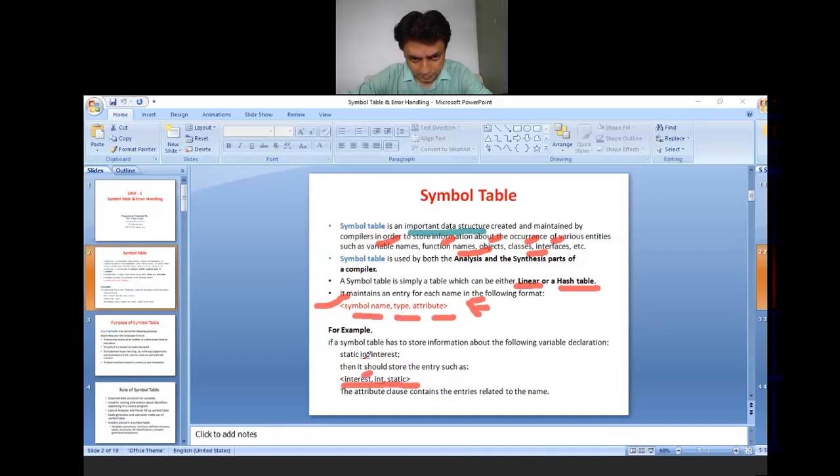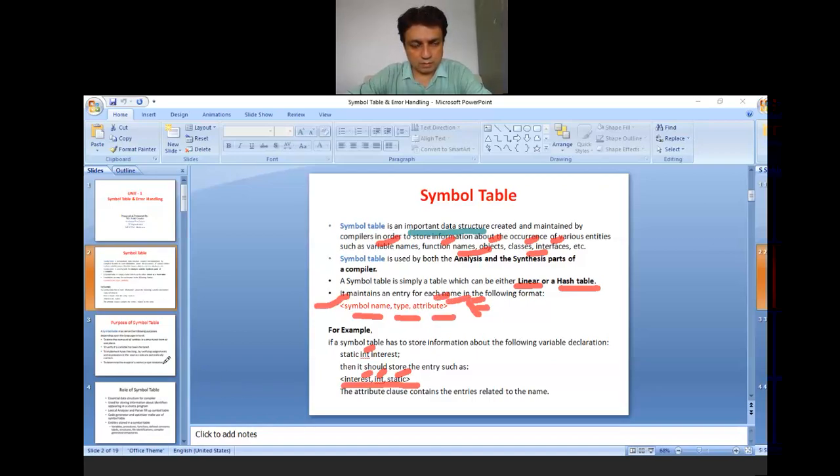So here the type is of int. So we store the int and the attribute. So attribute is static type. So this is the format, and we need to follow it in placing any name in the symbol table like this. The attribute clause contains the entries related to the name. So this is the example by which we can enter a name entry in the symbol table according to this format.